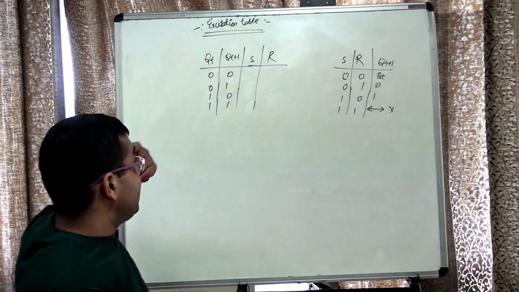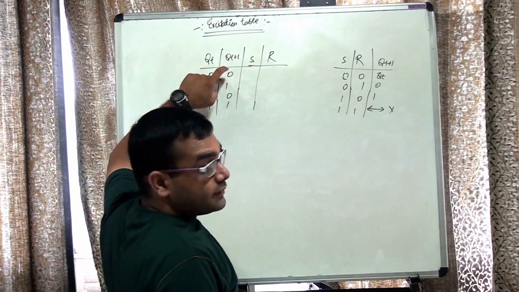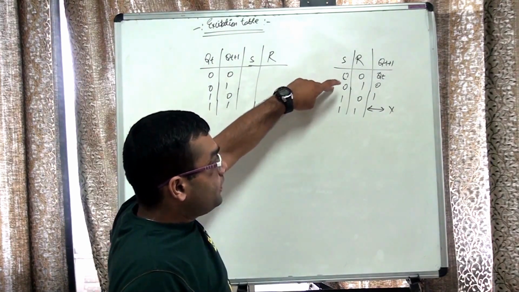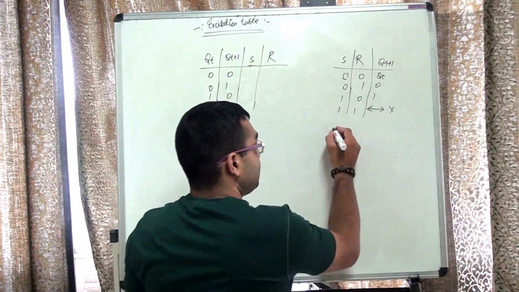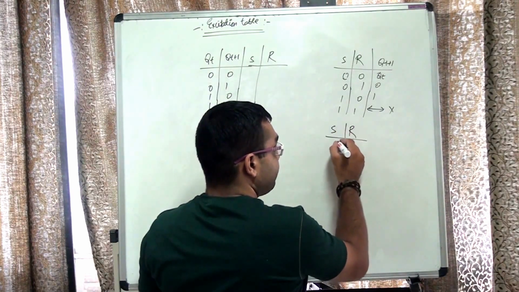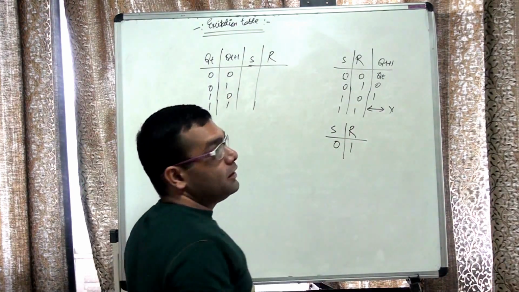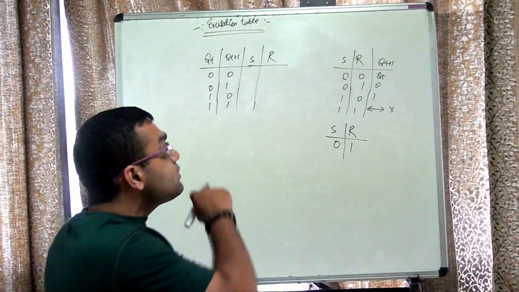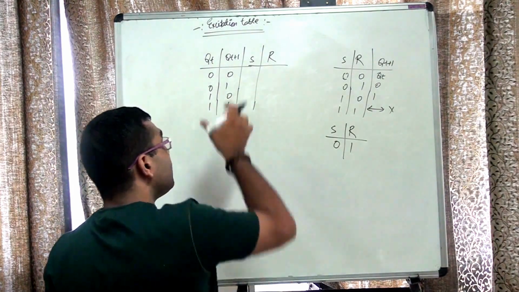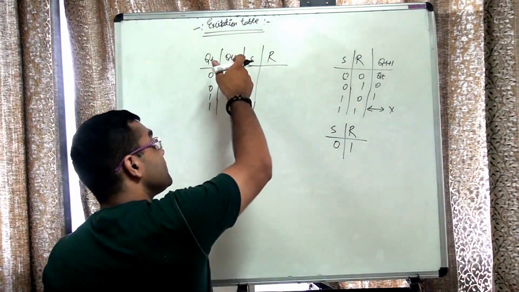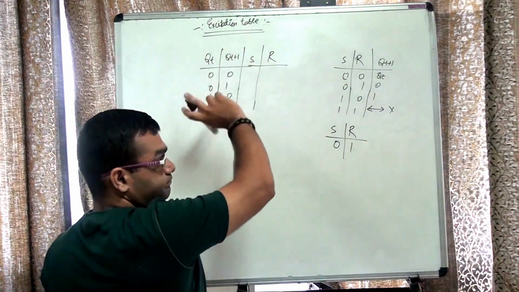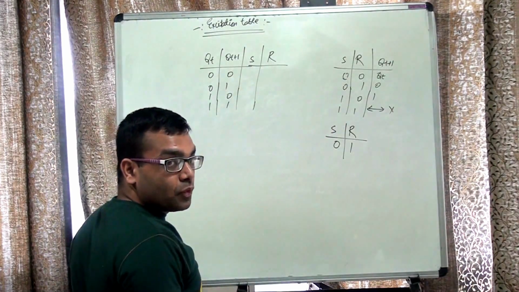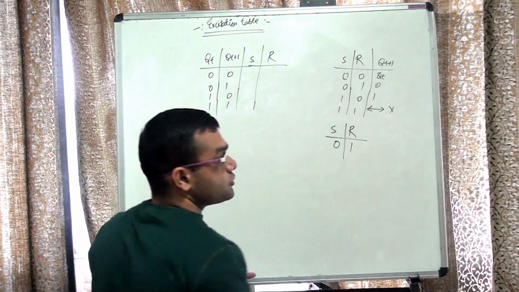So now first of all, my next state value is 0, that is Qt plus 1 is 0. That can be attained if I look at the truth table, only and only in case S is 0 and R is 1. That is, we have value of S is 0 and R is 1, then only my next state can be 0. Alright, by looking at the second row. Sorry. Now another very important aspect is that my Qt plus 1 is equal to Qt. You can see both are 0, isn't it? So by looking at the truth table, that can be attained only and only if S is 0 and R is also 0.